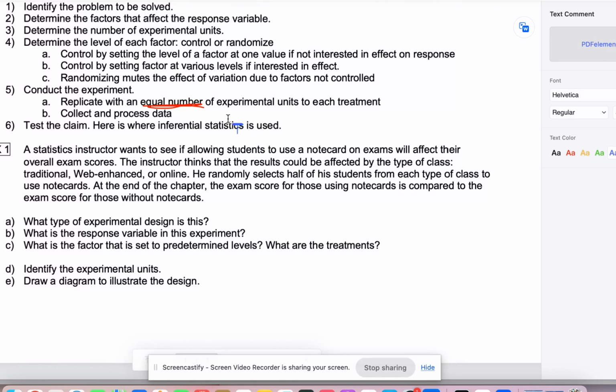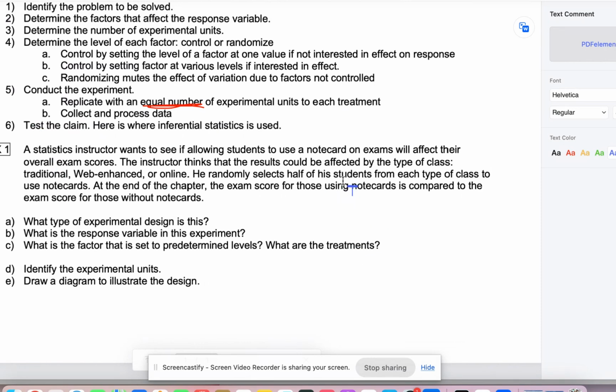It needs to be close, and the smaller the sample size is, the closer it needs to be. So if you're dealing in tens, you really don't want to have a difference of more than 1 or 2. We collect and we process the data, and then we test the claim. Testing the claim, again, is what we will do at the very end of this course, where we get to